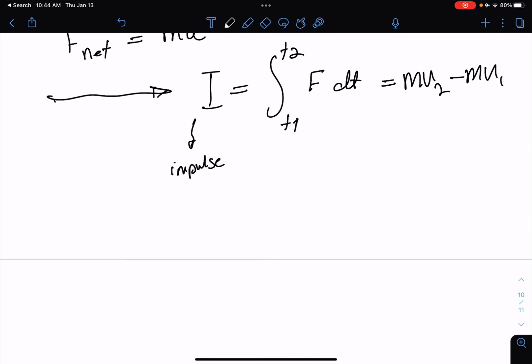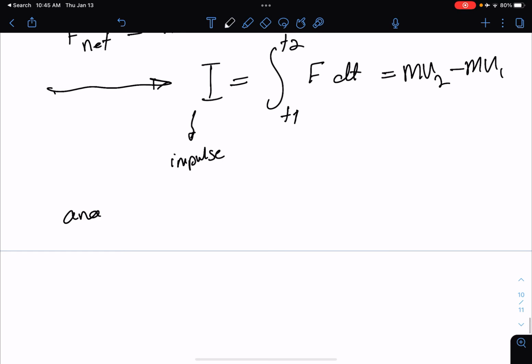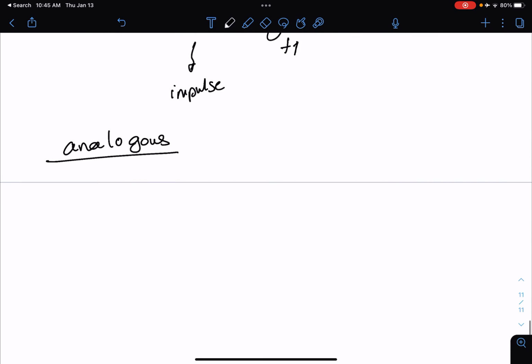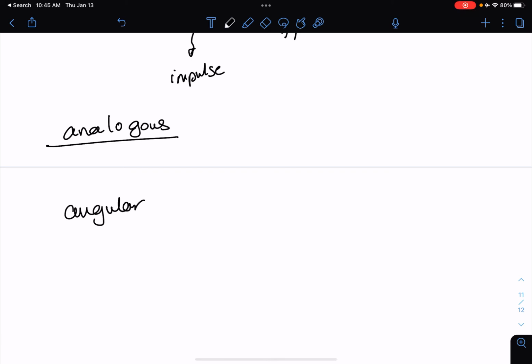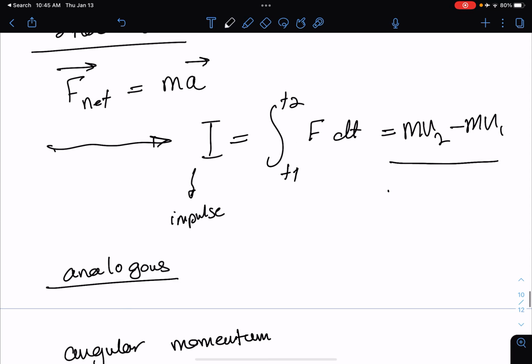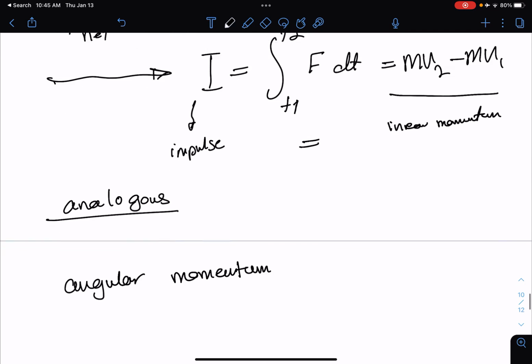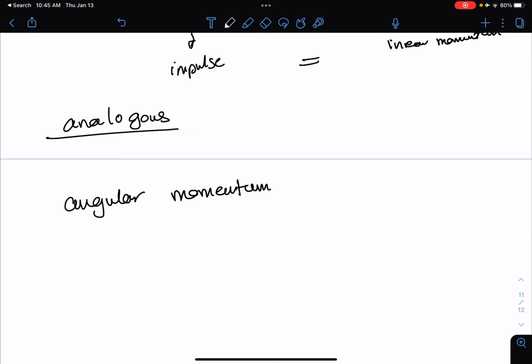You're going to see later that this and the next law we are going to talk about are very important laws when it comes to orbital mechanics and orbit determination. So make sure you remember this, right? We can have an analogous law for angular momentum. We said the changes in linear momentum is equal to impulse. For angular momentum, we first have to